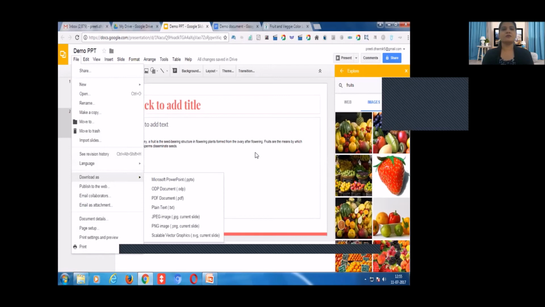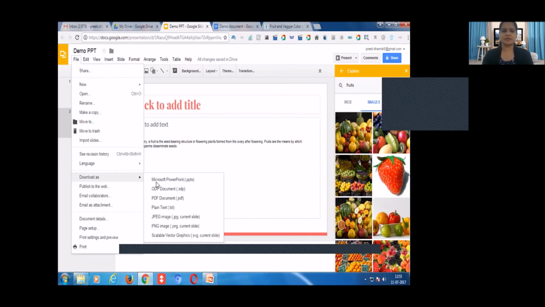Fine. Now, if finally your PowerPoint presentation is ready, again, if you want to share it with your collaborators or your colleagues, you can share it from this. Or if you want to download it for your future use, then again you enter the File option, and there you can download as.